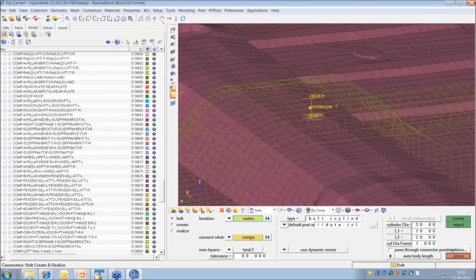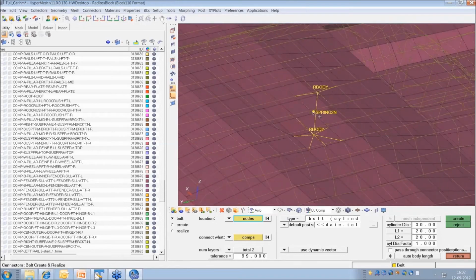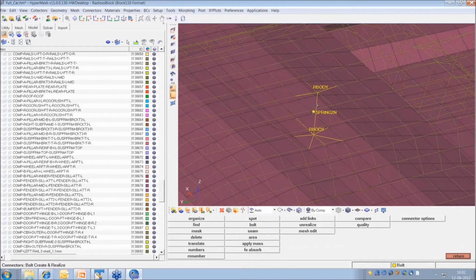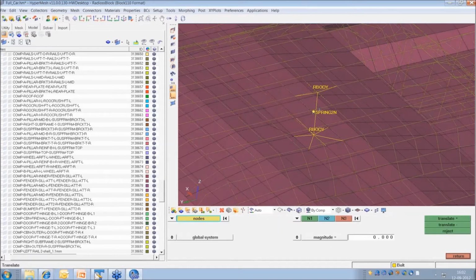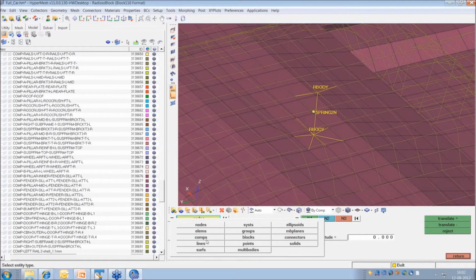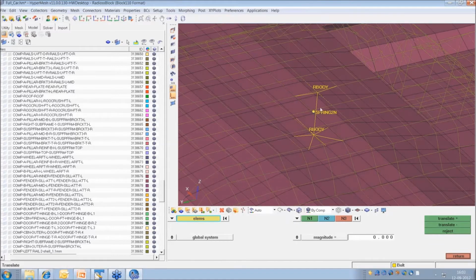Okay. So here, if you see, it has created two rigid elements and one spring element. But the beauty of this is, now I'll try to move the spring element. Let's move it in maybe Y direction by 5. I'm just moving it to show how it has created. Translate it. So if you see, it has not connected the spring element to the master node of this rigid.